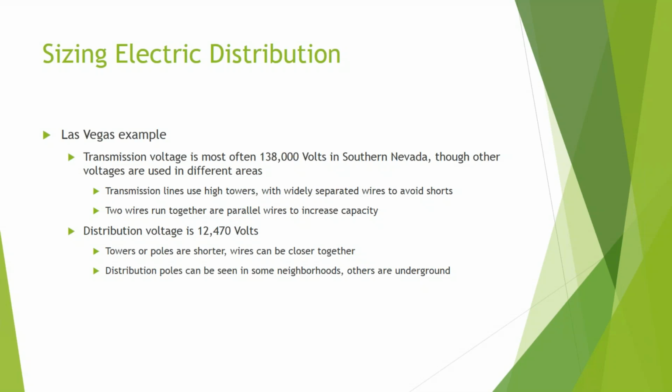Now, distribution voltage, again, for the most part, the most common one here in Southern Nevada is 12,470 volts. And that voltage can, again, vary quite a bit between different utilities. Could be as low as maybe as low as 4,000 or 5,000 volts in some cases, might be as high as 20,000 volts in some cases. In this case, it's mostly 12,470